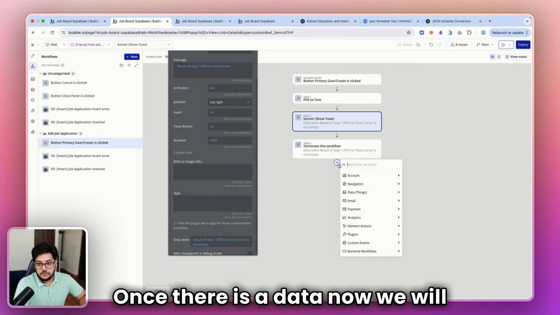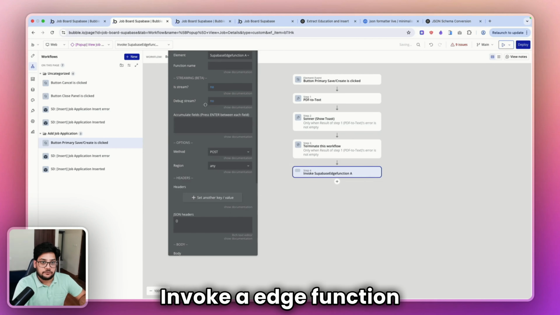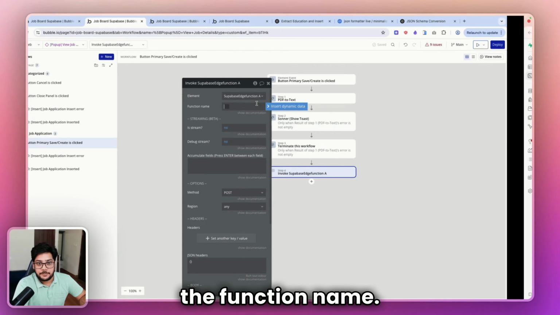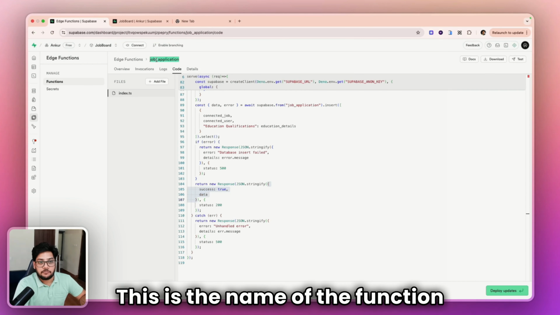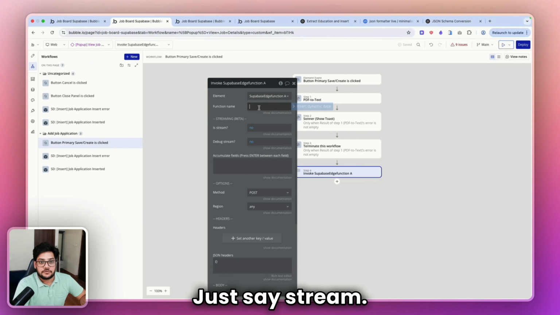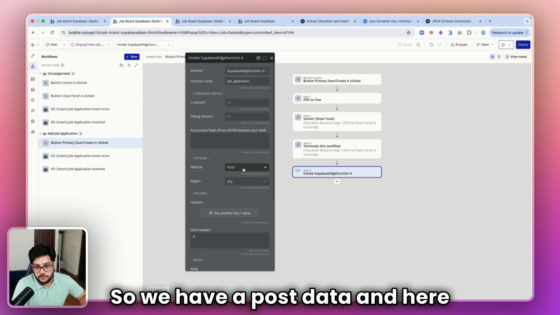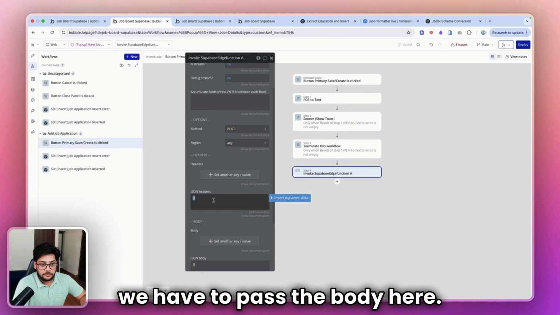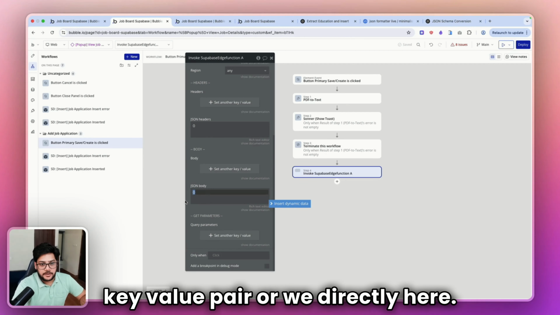Once there is data, now we will call the Supabase edge function. Invoke an edge function, the function name. Go here, go to your edge function and copy the name. This is the name of the function. Just say stream no, debug stream no. Now we need to pass the data. So we have a post data and here we have to pass the body. Either we can do this set key value pair or we directly